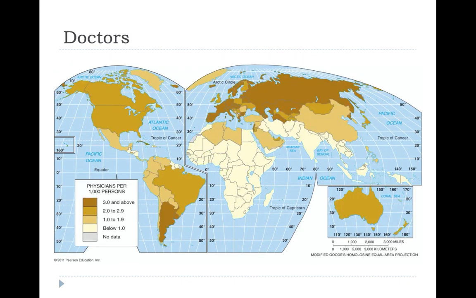Okay, again, this map shows doctors per 1,000 people. So you will notice that the United States is not in the highest category for physicians per 1,000 people, versus instead the majority of Europe all have a lot of doctors. This has to do with the idea that universal health care is more widely accepted in Europe. It's also easier to go to school to become a doctor in Europe because of various education tracks. So you're tested and then you're placed into an education track. Whereas in the United States, anybody can become a doctor if they want to, but they just have to complete the schooling, which is very rigorous.